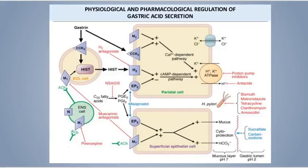This is a nice summary slide that basically looks at all the different physiologic and pharmacologic targets and how we can regulate or alter gastric acid secretion. So all the different drug classes are summarized on this diagram, and I think it's a good study tool. Let's take a break and then look at the last segment, the prokinetic and the anti-diarrheal agents, which is